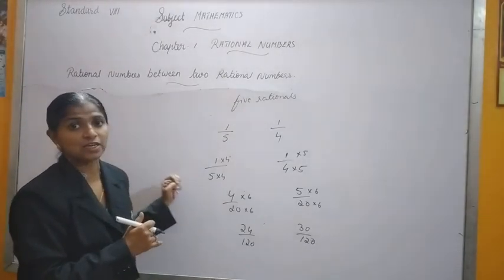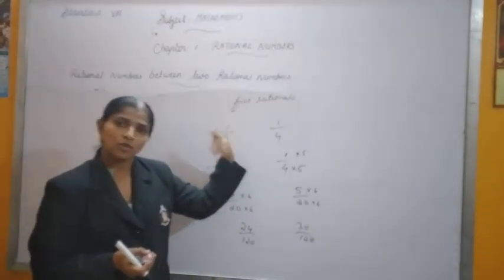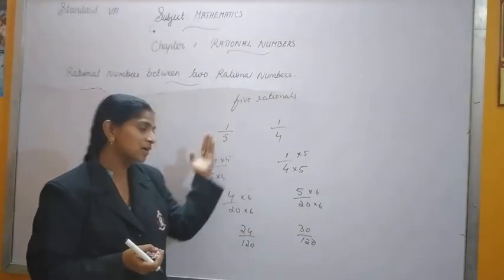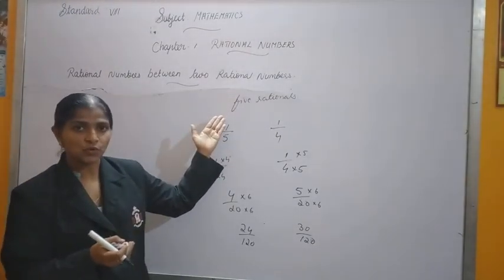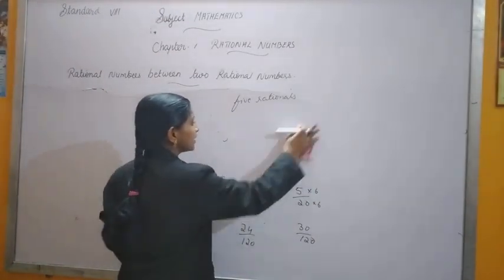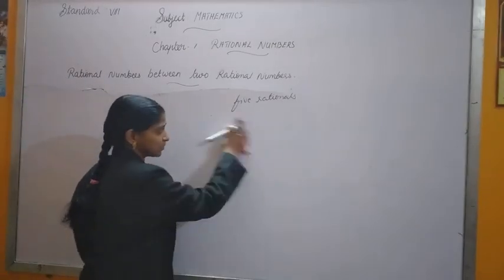It's not compulsory that you always make the denominator the same. If the numerator is the same, you can also do it that way. I changed the numerator, but I'll show you that if the numerators are the same, we can do it like that also. Both are correct. And another method, theoretical. These two methods are easy. Usually we follow only these methods. You find them easy.